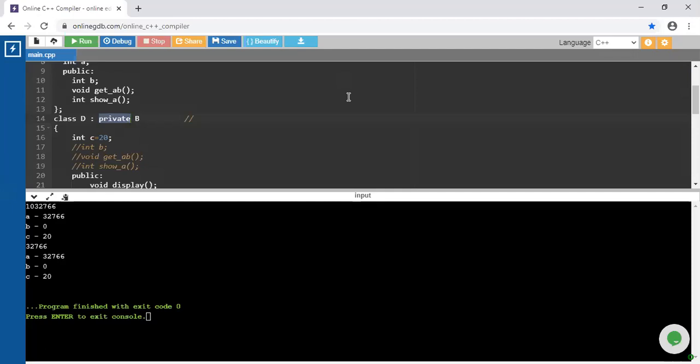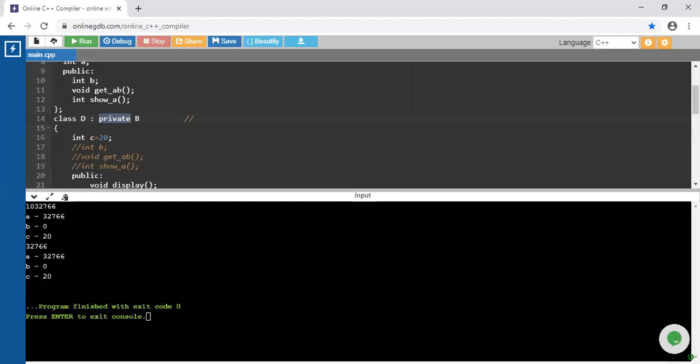Okay, guys, with respect to multi-level inheritance, can anyone tell me an example of multi-level inheritance?